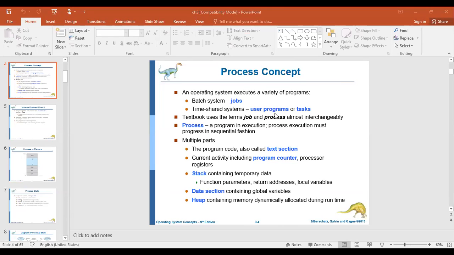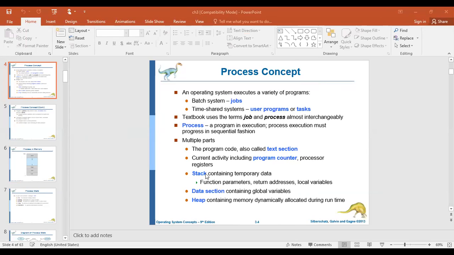Okay. So program counter, stack, data section, and heap. These are the four parts that every process can contain. The text section contains the information about whatever is currently being executed, or whatever was loaded into it. And the program counter maintains the address of the next instruction to be executed, acting as a pointer to the address location which is going to be executed next by the CPU.